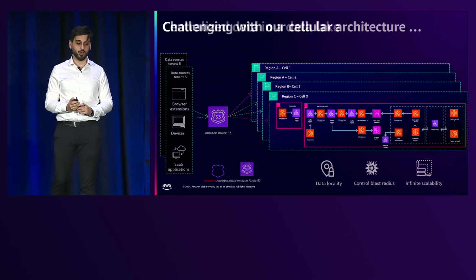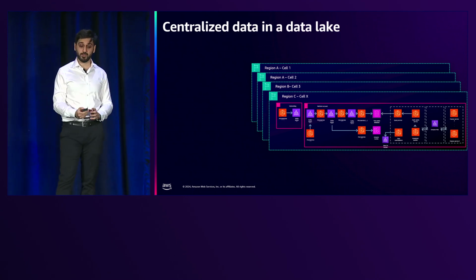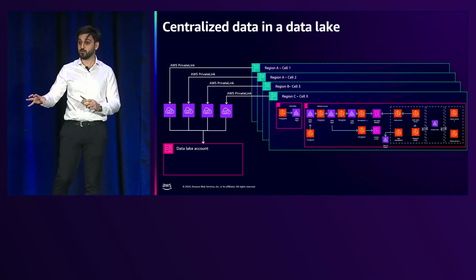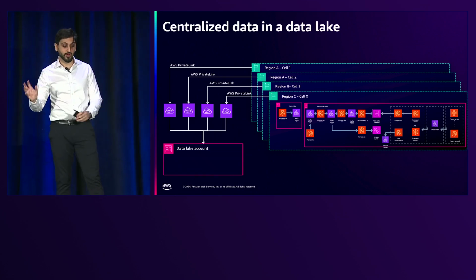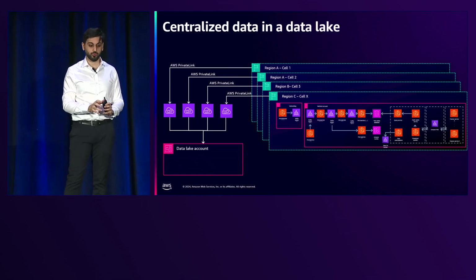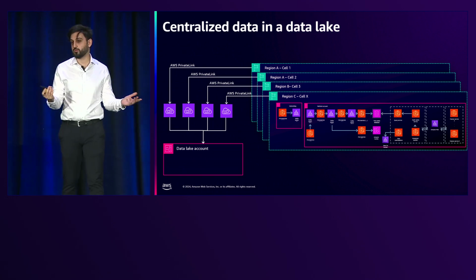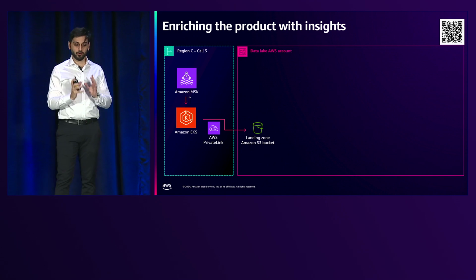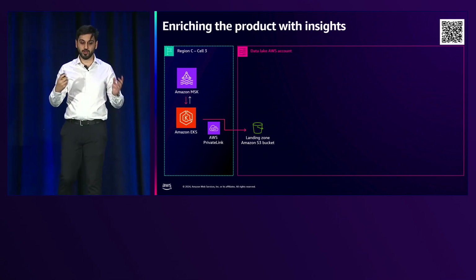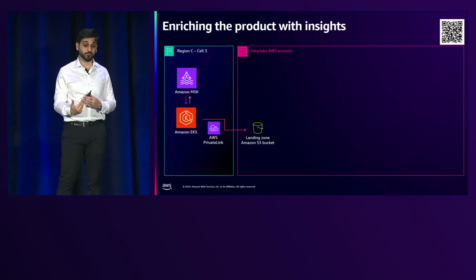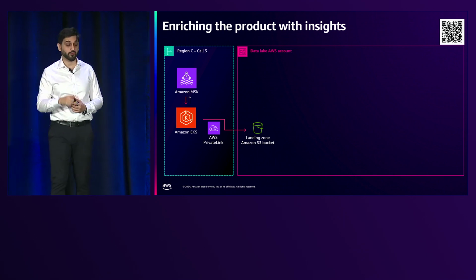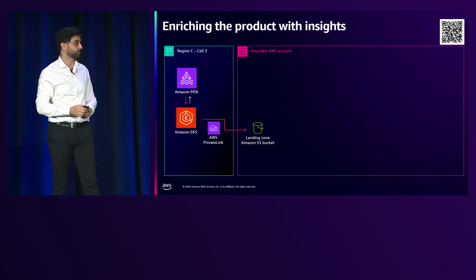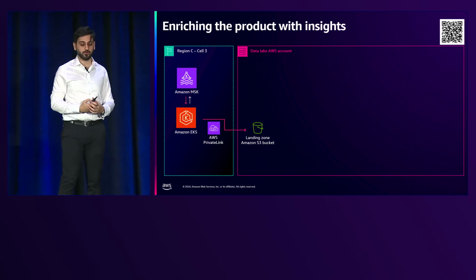To solve that problem, we basically centralized all of the data in a data lake. We take all of the data from the different cells, and the personal information never leaves the source. We move the data securely to a centralized account that we call the data lake account. So now that we have all of the data in one place in S3, we generate these different insights. For the sake of time, I cannot go into depth of how we do this. However, my colleague Nat has given a presentation at the AWS Summit. You can go online and watch his presentation where he goes into the detail of this, but I'll give you